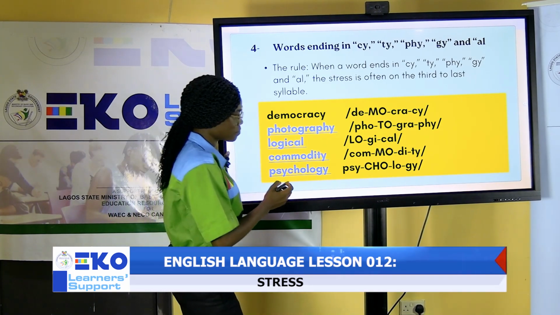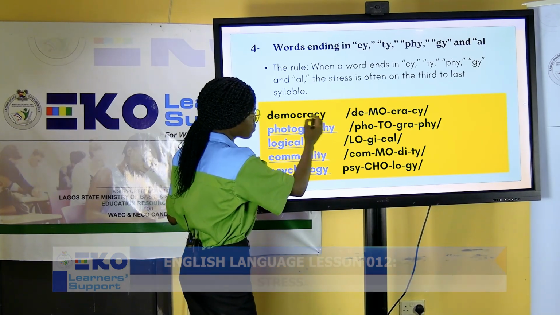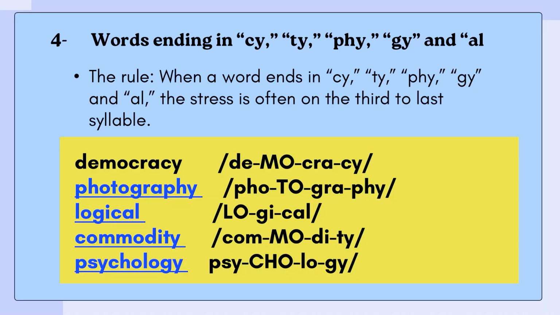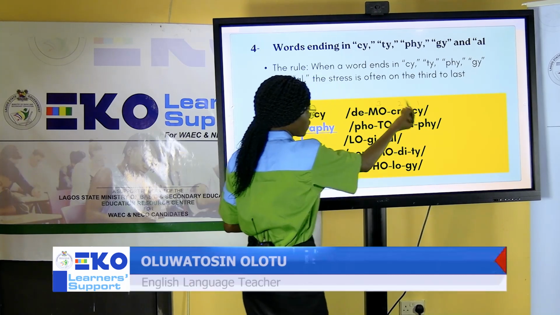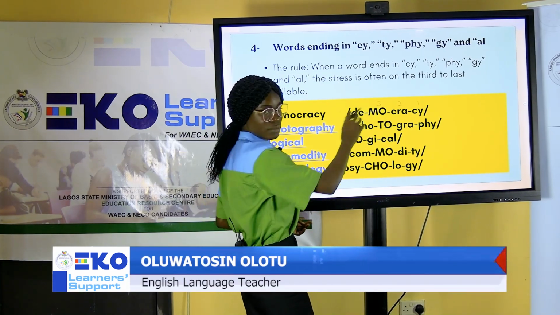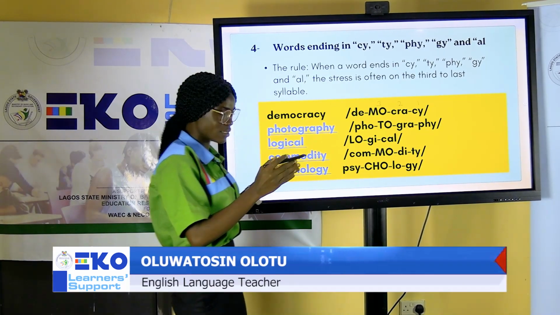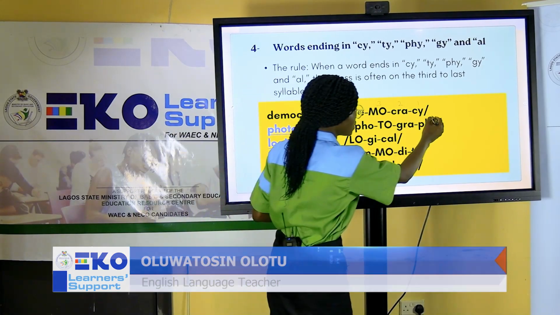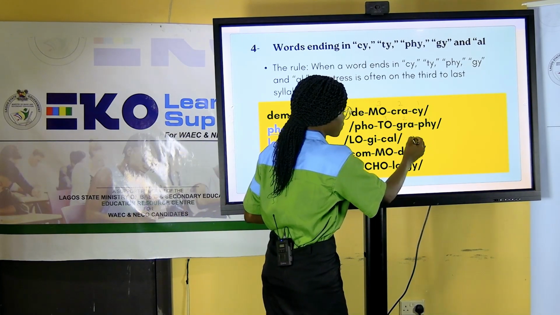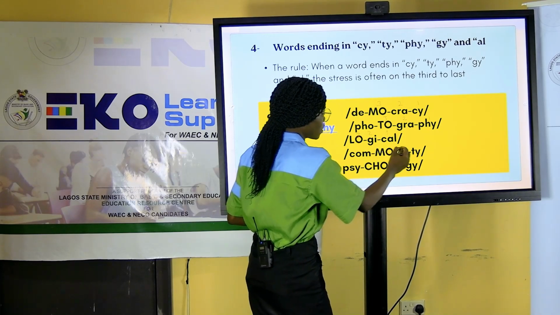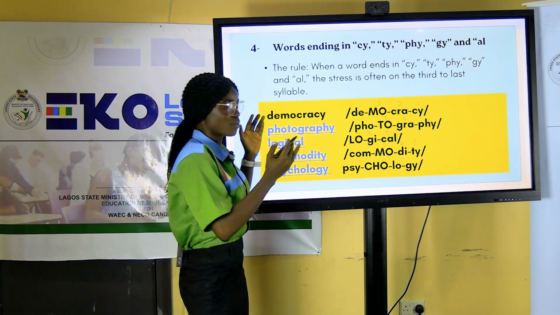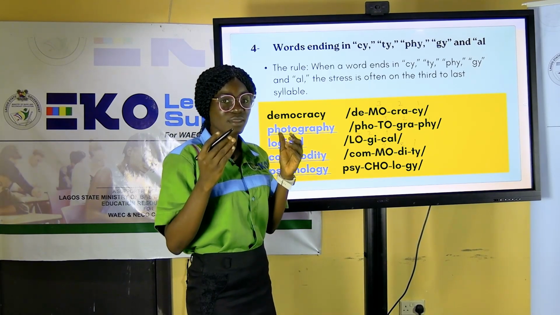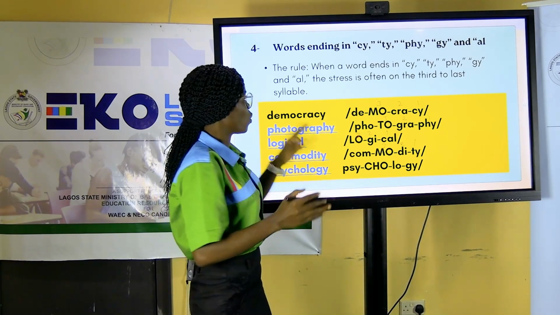Now let's look at it. So this is the first one. 1, 2, 3. Third syllable from the last, antepenultimate syllable. It is called antepenultimate syllable. Third syllable from the last, 1, 2, 3. And that is how to identify the particular syllable you will stress when you have